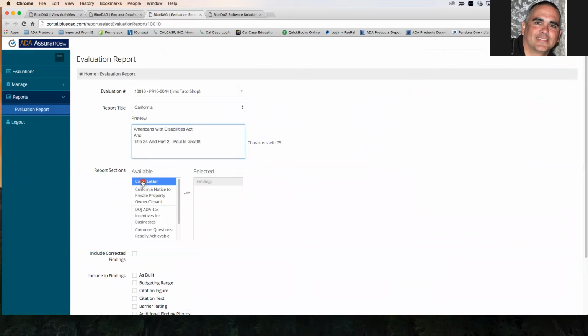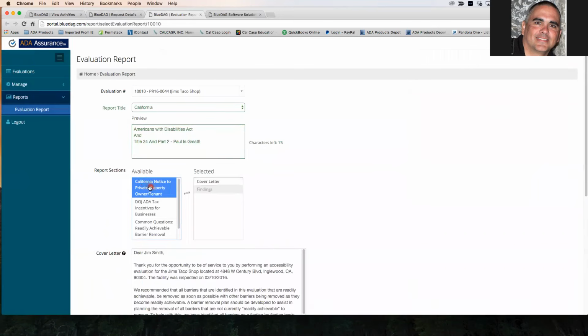So do I want a cover letter? Yes. See, as soon as I selected that, it opened up the default cover letter text, which I'm going to edit here in a minute. The next thing it's asking me is, do I want the notice to property owners? Because it's a CASp evaluation, it's asking me if I want to include that. I'm going to say yes. Do I want the DOJ tax incentives? Do I want the barrier removal